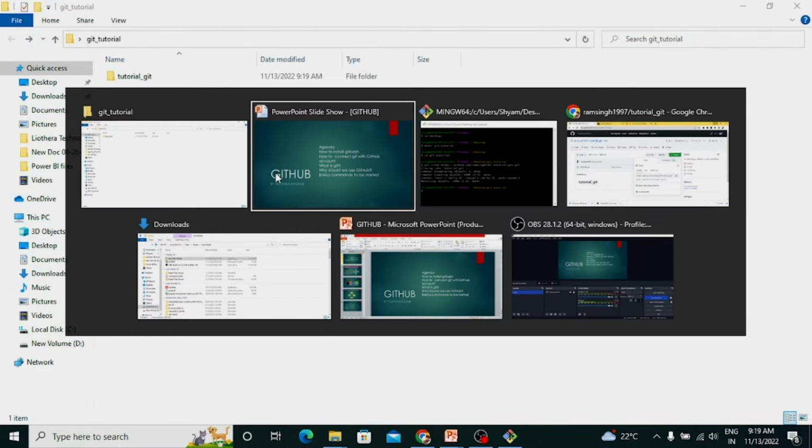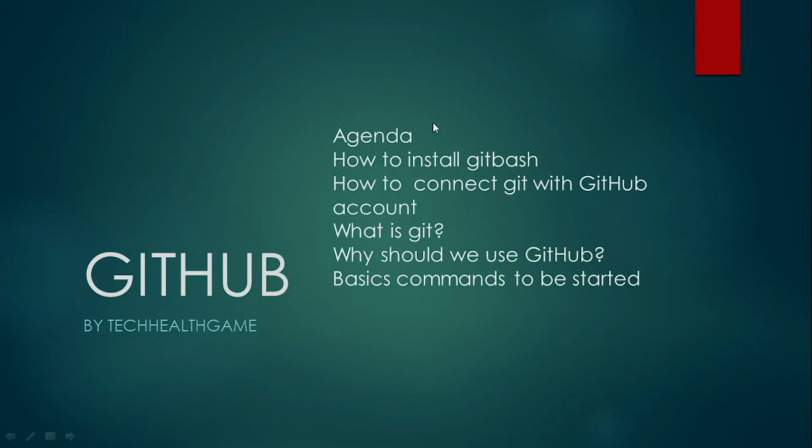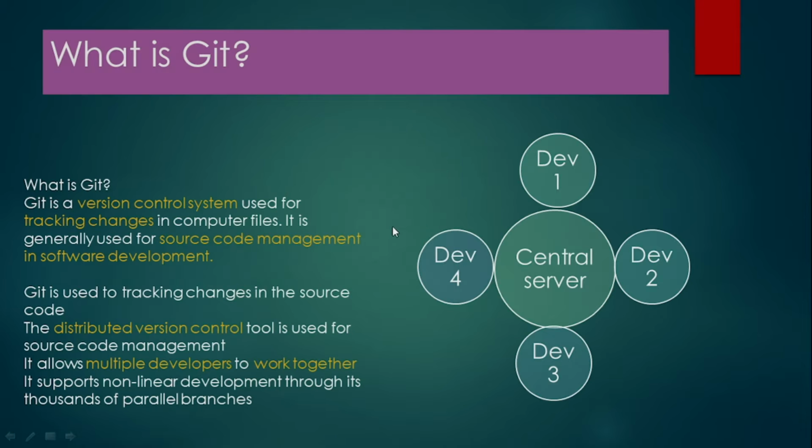So now we have seen how to install Git Bash, and once we installed Git Bash, how do we connect Git Bash with the GitHub account. Now I will tell you what is GitHub, what is git. So git is a version control used for tracking changes in computer files. So like a version control system,